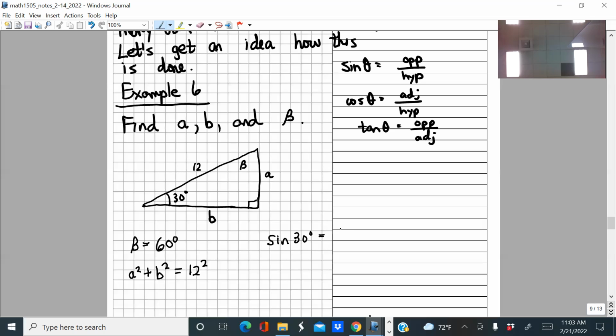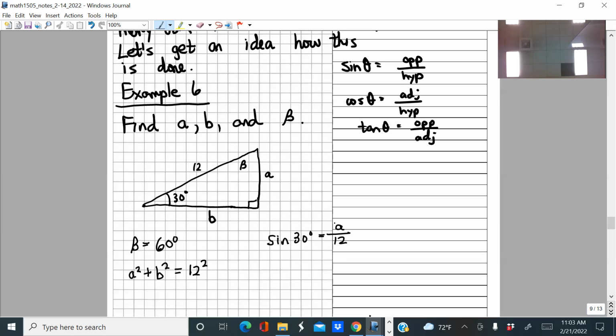what here in this picture? It's a over 12, right? Yeah, you don't know what the opposite side is, but it's called a. So you just write down a there, but you do know the hypotenuse is 12. Now, we could figure out a, right, if we could solve this equation for